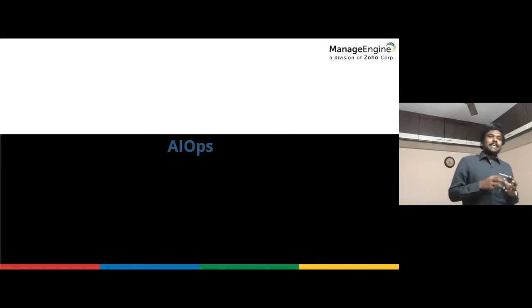It's called AIOps, right? Using AI to help set up your operations is called AIOps. And if you look at it, AI has been widely used in the monitoring world. In fact, in IT, monitoring was the first place where AI came in and helped set up beautiful processes around it.